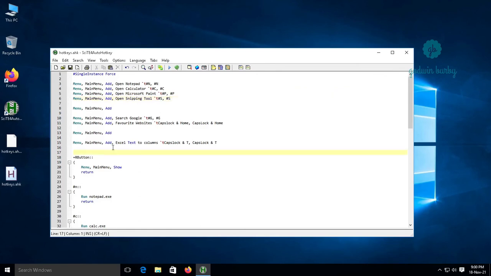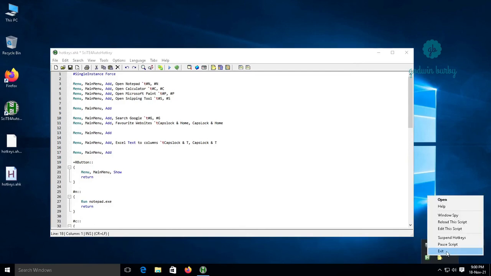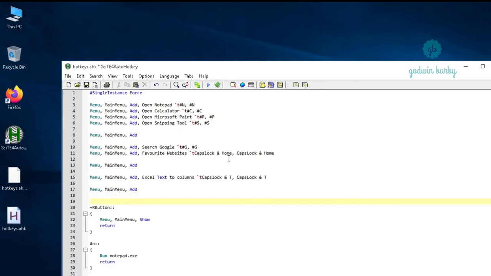The last menu item that we are going to add, let's add a separator once more, is an exit menu item which will exit this script. Normally we exit our scripts by going to the taskbar and right clicking on the H icon and clicking the exit menu here, but we're going to create that same exit menu using our Autohotkey menu script. So let's create a keyboard shortcut for exiting our script. Let the keyboard shortcut be caps lock and X,